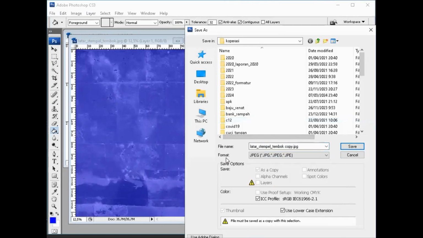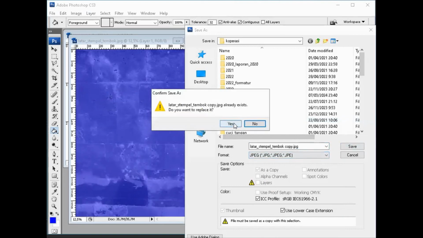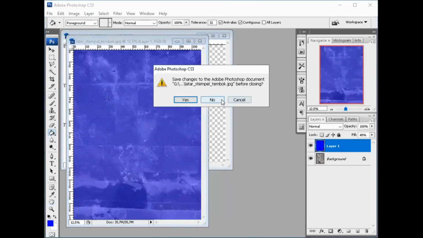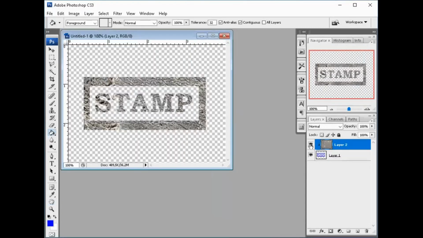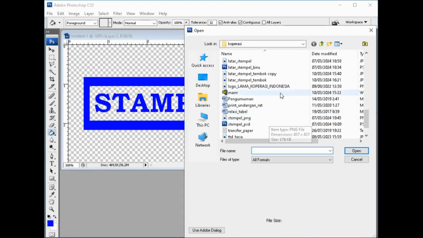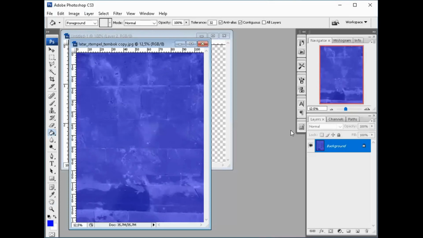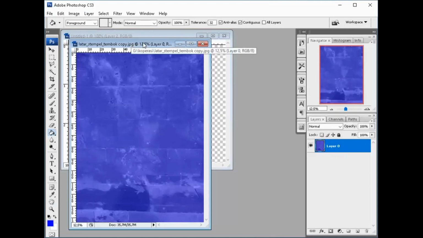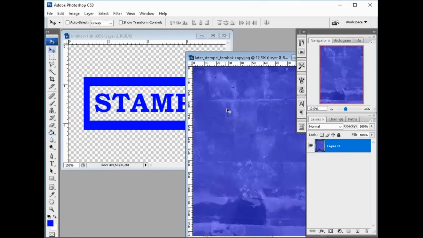to JPEG. Okay, to JPEG. Okay, that's it. Now hide this layer, and then open the image that has the color of this background.